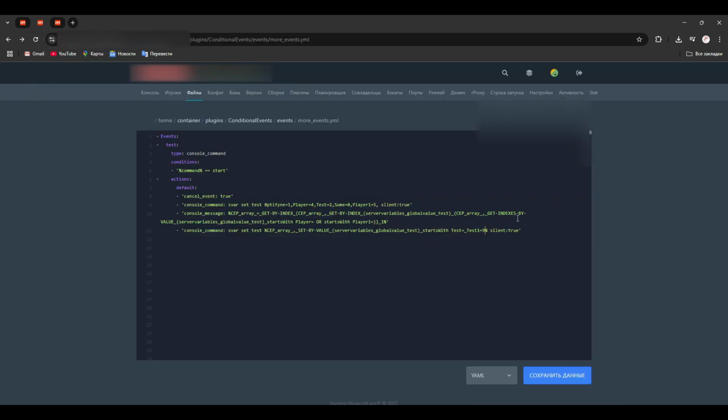What we need to do to change only, for example, the nickname or the player's level. We can copy this placeholder, paste it here. Then let's change here, not player, but test. Here we specify set by index. Here the index itself, that is 0, it will be nickname, and 1 it will be level. Let's change the level. And then the new value, for example, test now equals 2. That it will be 10.